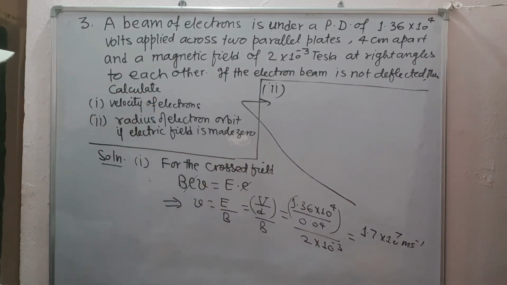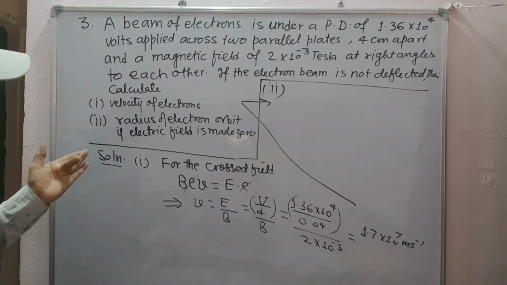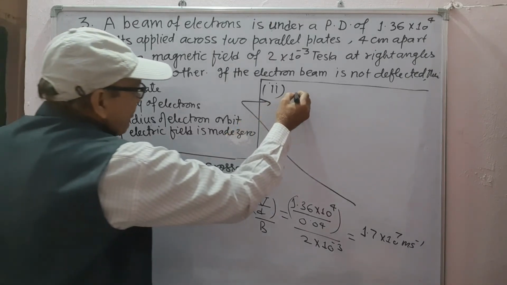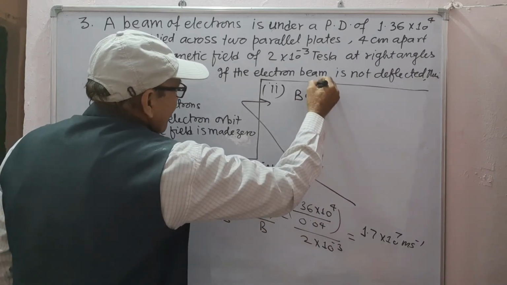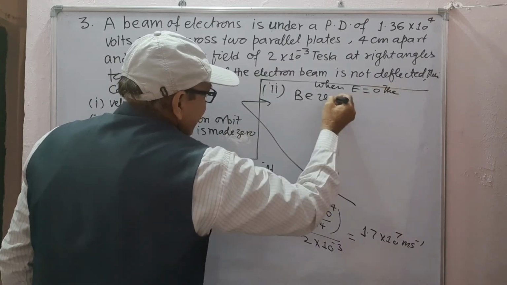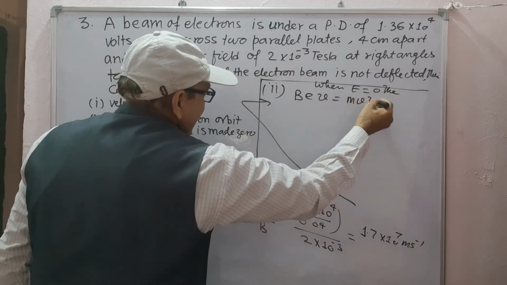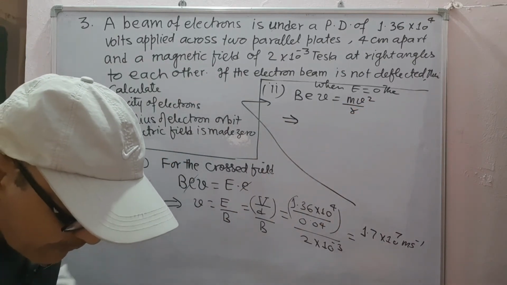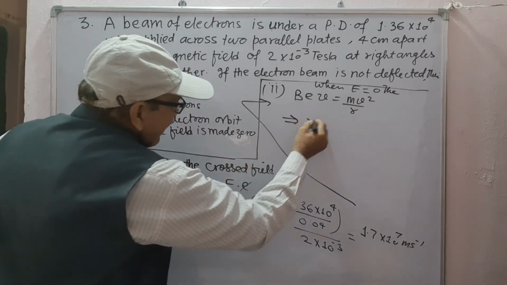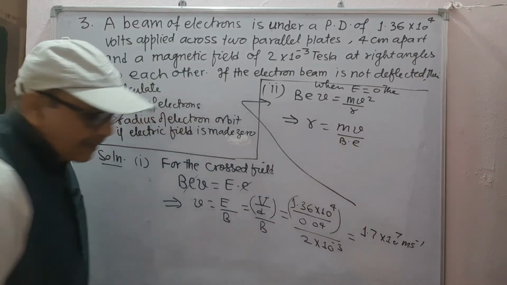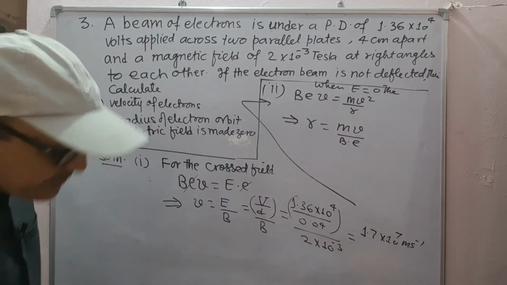When the electric field is made zero, then the electron moves in perpendicular magnetic field. Therefore, when E becomes 0, then BeV will be equal to mv square upon R, which gives R as mv upon B into e, and on putting the corresponding values we get